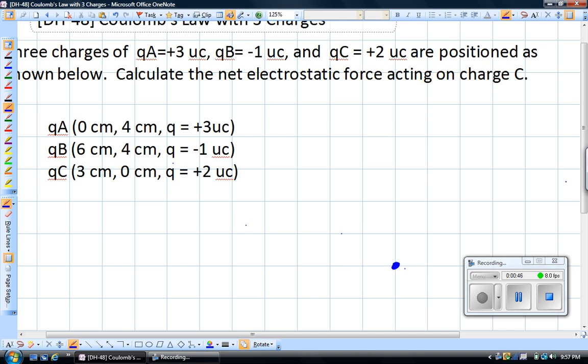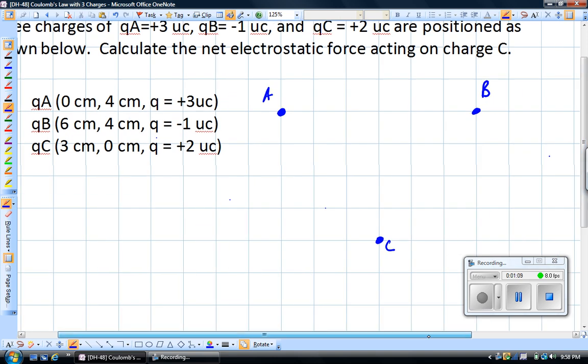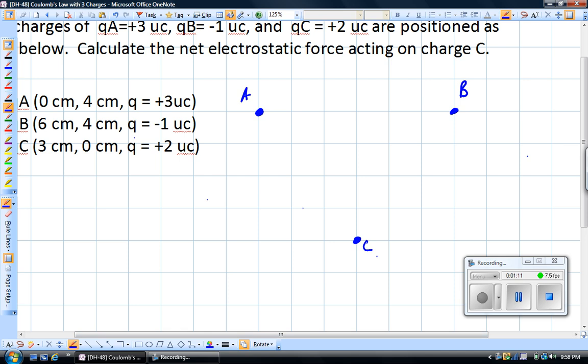That's going to be charge C. And at 0, 4, 1, 2, 3, 4, that's going to be charge A. And 6 over from there, we've got charge B, and these are all exerting forces on one another, but we're concerned with the forces acting